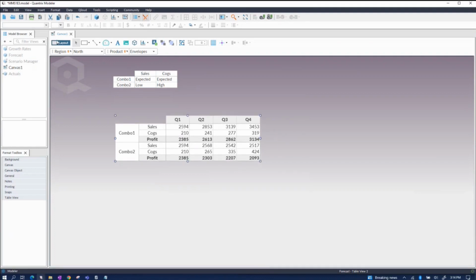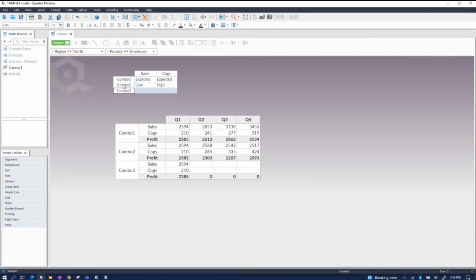And so once again, you can see here, just by pressing enter on the keyboard, I can on the fly create a brand new combination of scenario options here, maybe high sales and low cost of goods. We have a really great option for combo 3 here, and you can see that those projections have been added